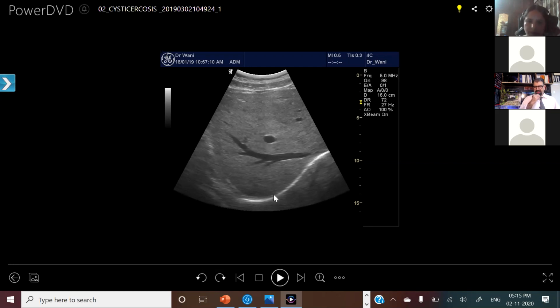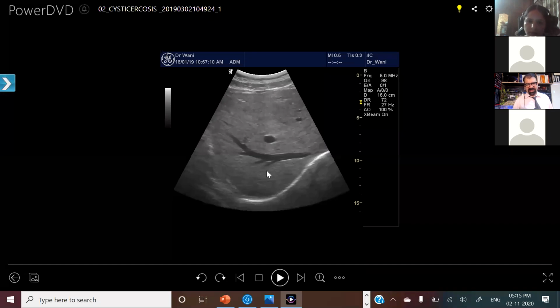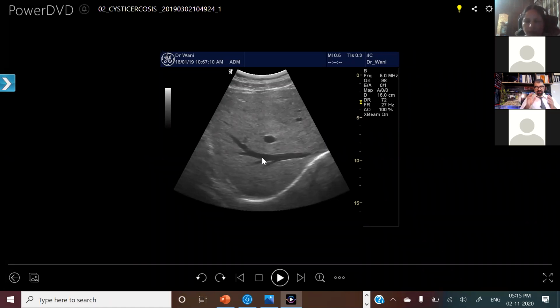Now, Dr. Harvinder, which vein is this? So this is the middle hepatic vein. Okay, I'm not convinced about the middle hepatic vein. Here I cannot see whether this is the middle or right hepatic vein. I have to see in continuation. Now if this is a right hepatic vein, which segment is this? Let us suppose that this is the right hepatic vein. Don't give me segments.